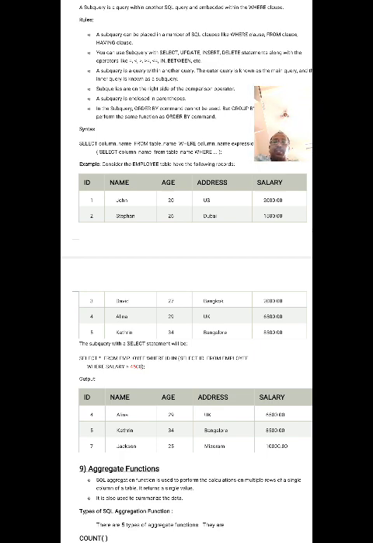Suppose you execute this, first it executes the subquery. What have you written in the subquery? Select ID. It selects the ID of whichever employee's salary is greater than 4,500. Here suppose you have 7 records. In those 7 records, only 3 members, 4, 5 and 7, have a salary greater than 4,500. Those IDs are selected. After those IDs, the main query select star from employee displays the total information.